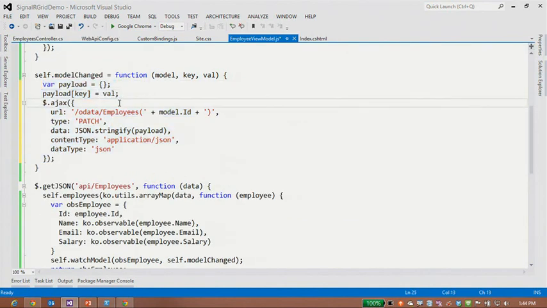I've got this as a snippet as well. Pretty straightforward. I define a payload object in JavaScript. Then I set the key to the value. So this is the key that is actually changed, and I'm setting it to the value. And then I stringify that payload because I'm actually making a JSON request through